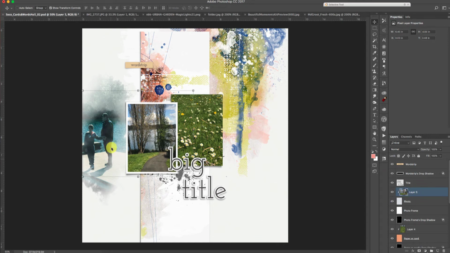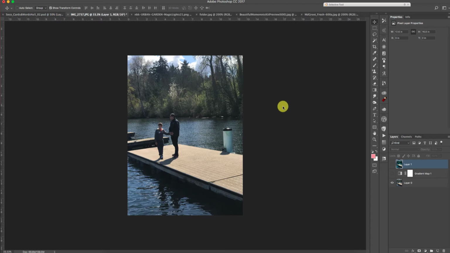I wanted to show you first how I did this picture here. I put kind of an effect on this picture, and because I'm using Photoshop CC 2017, I wanted this picture to go from this to this. So what I did to do that, and sorry about my dog,